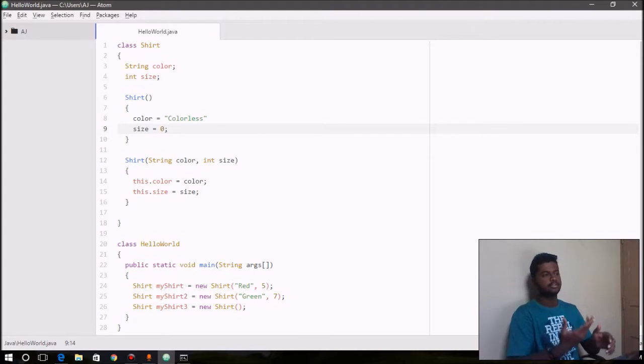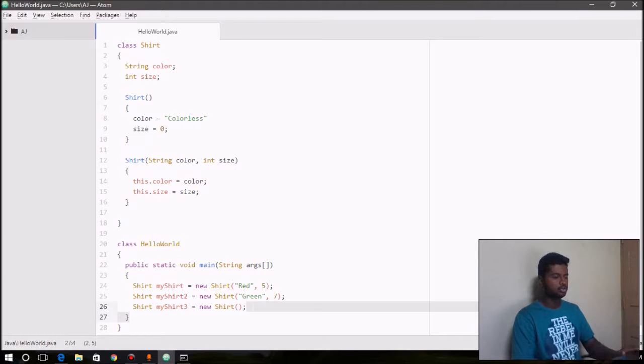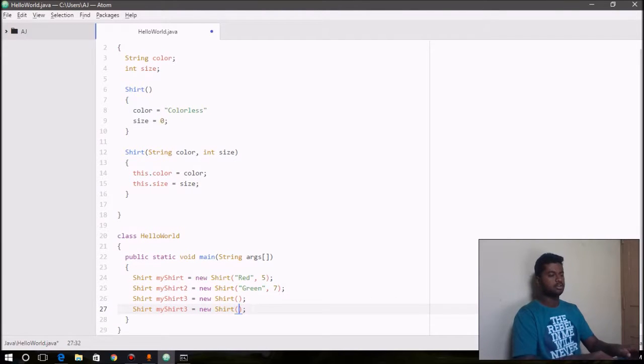This constructor can be used whenever you want to assign default values. You can create as many objects as you want, and simply leave the constructor without parameters so that this